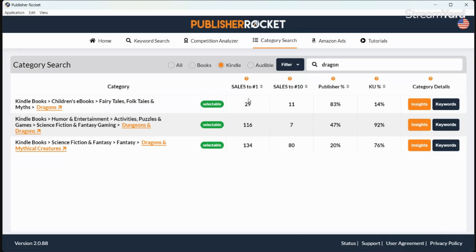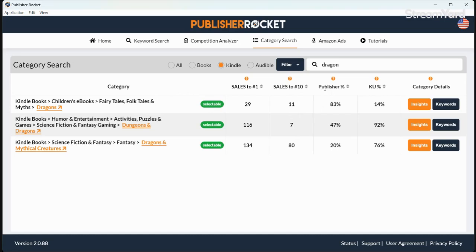So you'd have to make 29 sales a day to stay in the #1 spot for children's ebooks, fantasy, or fairy tale, folk tales, and myths and dragons, right? Then you have how many sales a day you would need to hit the top 10, 11, 7, and 80